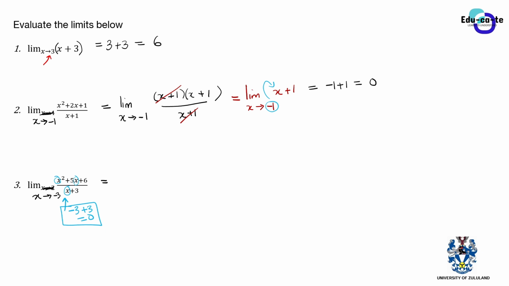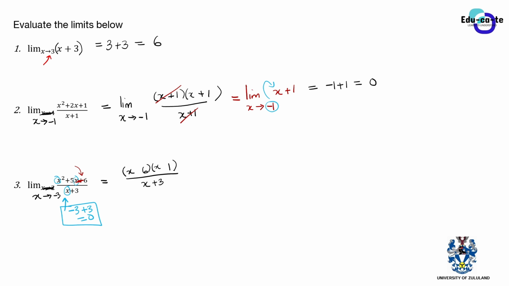So now, how do we make it defined? Oh, there must be some common factor. Let's try to find the common factor. We can factorize the numerator into two factors, over x plus 3. Sorry, when I structured the question, I forgot some of the things that I wanted to emphasize. Let's assume this is -6, so this is x squared plus 5x minus 6.